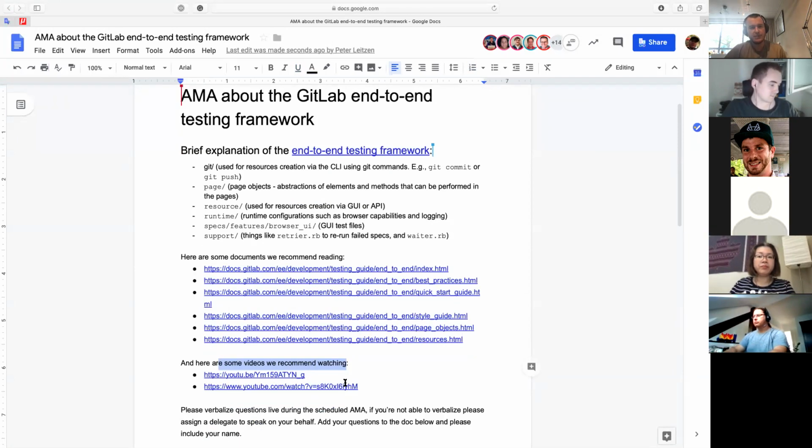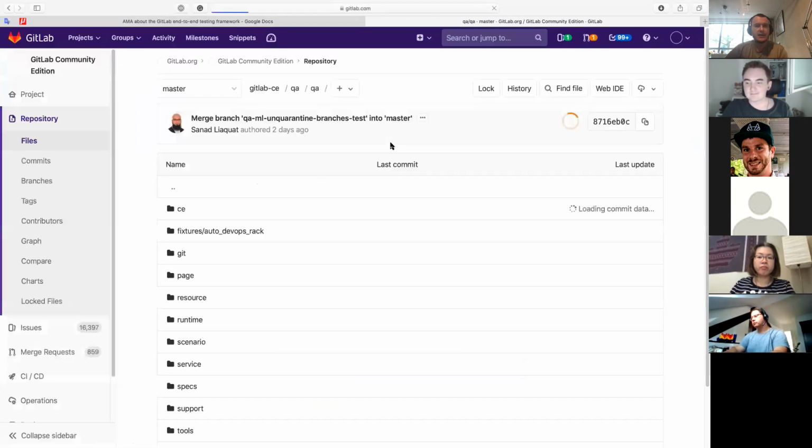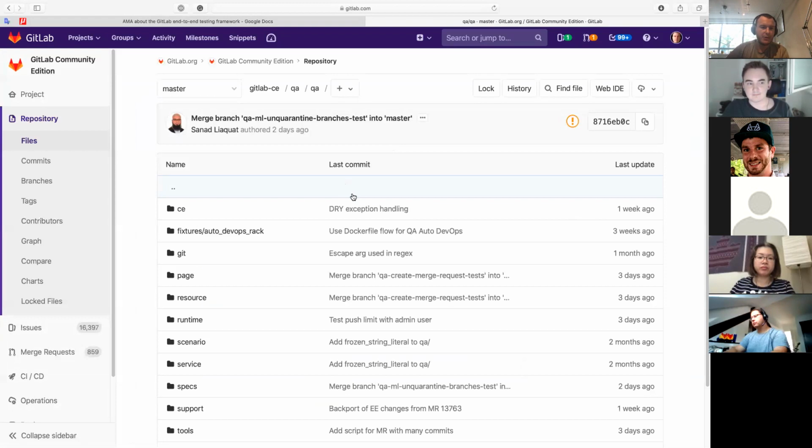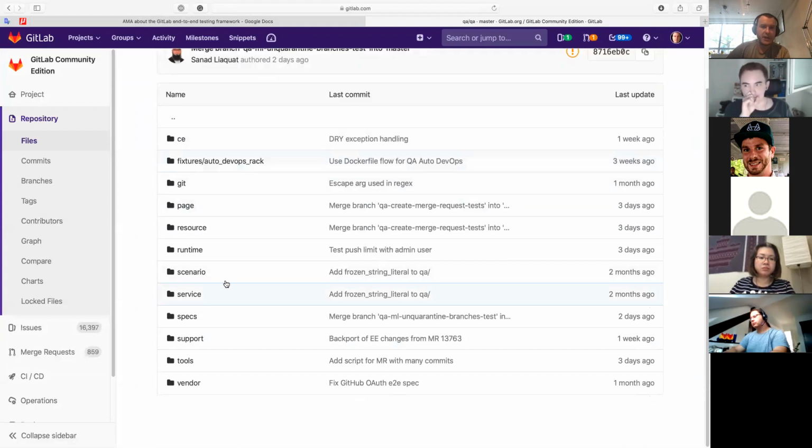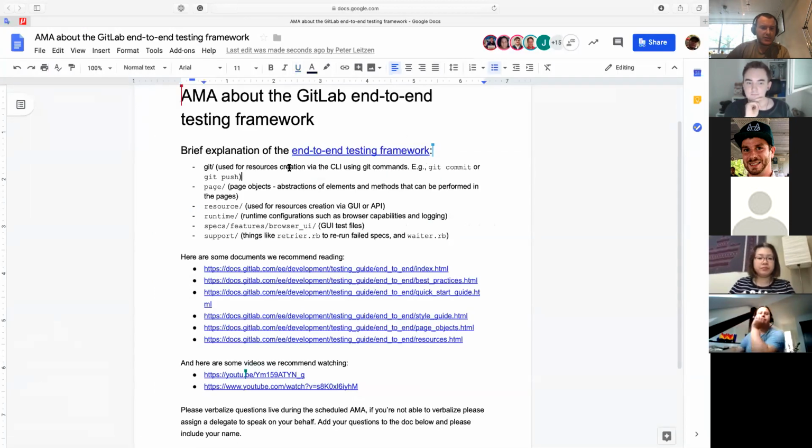So the explanation, in this link here, we have the GitLab QA framework, which is under GitLab CE QA/QA. And then we have all these subdirectories. These are the ones that I will briefly explain. So I will not talk about all of them, but at least some of them that I think are important for you to know. So we have a directory called Git, which is used for resources creation via the command